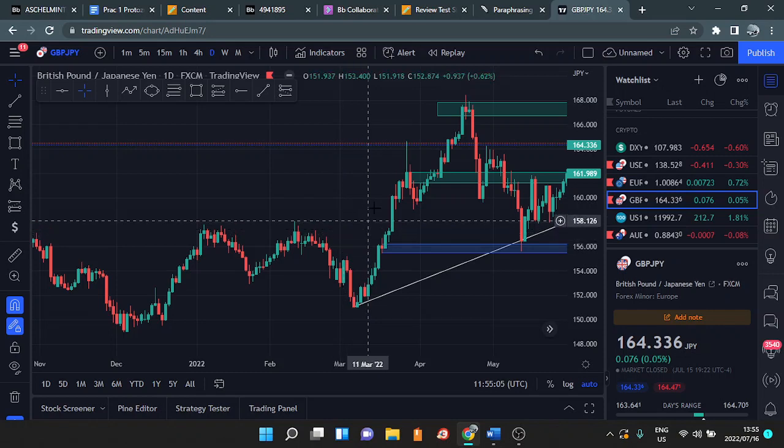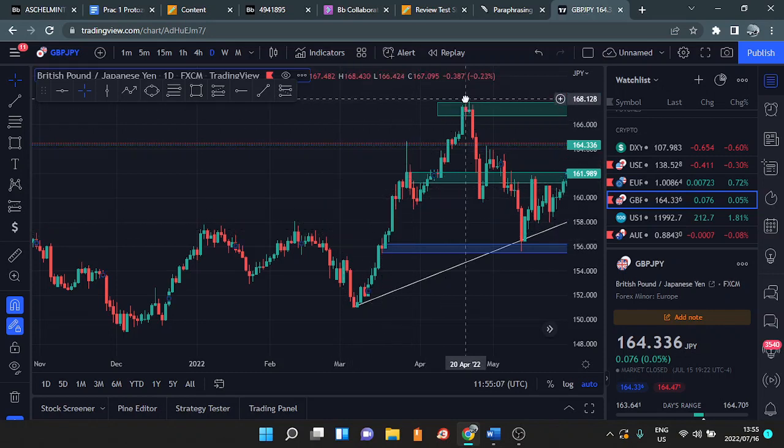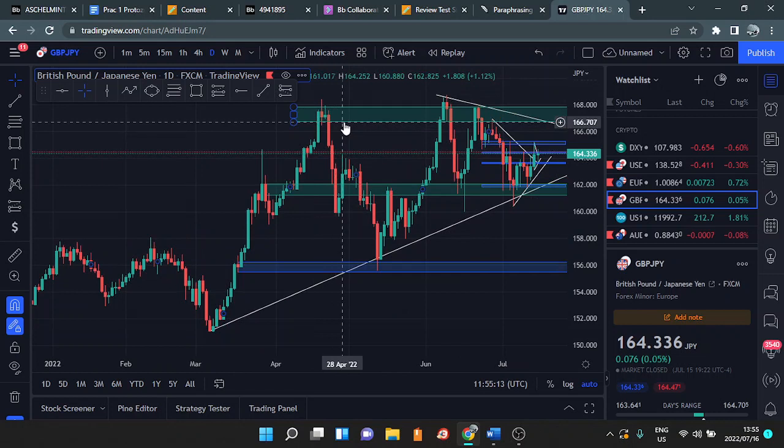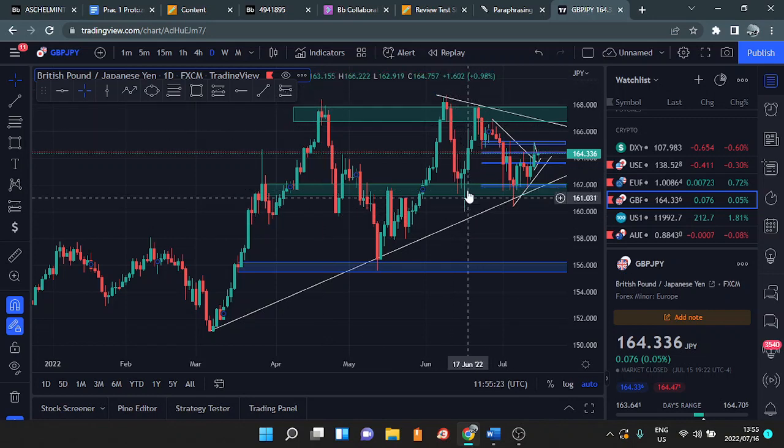is to the upside, and created a new higher high, then came back to create a new higher low, then respected this previous higher high by not breaking the structure to the upside. As you can see, it failed to break the structure to the upside, then came back to create a new higher low, then went up again